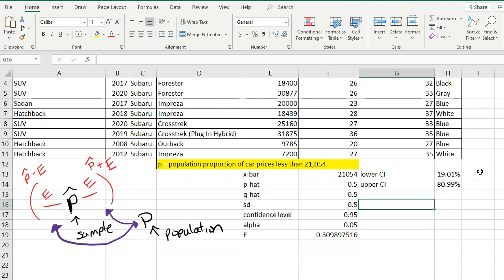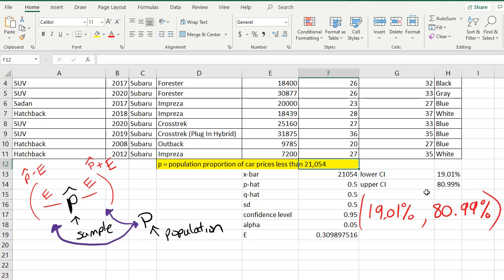All right, so I am 95% confident that the population proportion of car prices less than $21,054 is somewhere between 19.01% and 80.99%. Okay. All right. And if I were to decrease that confidence, say to 0.75, my confidence interval would become